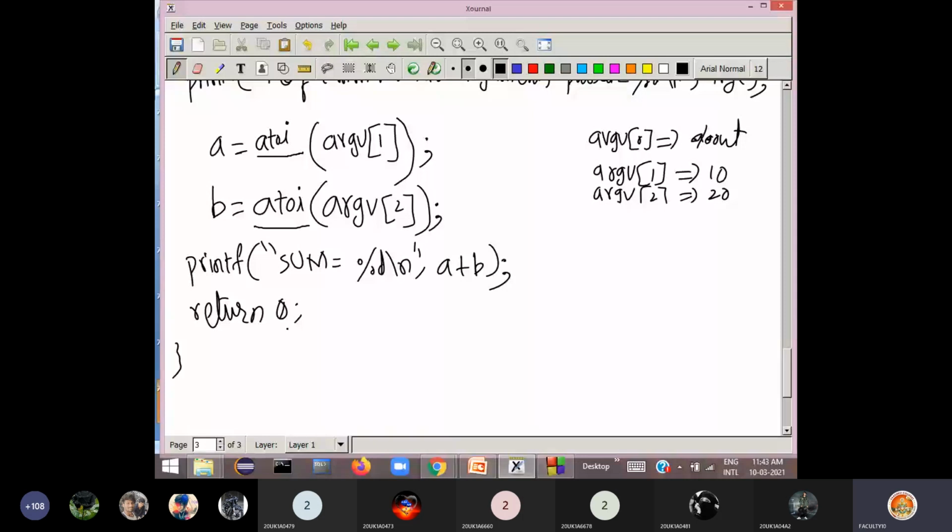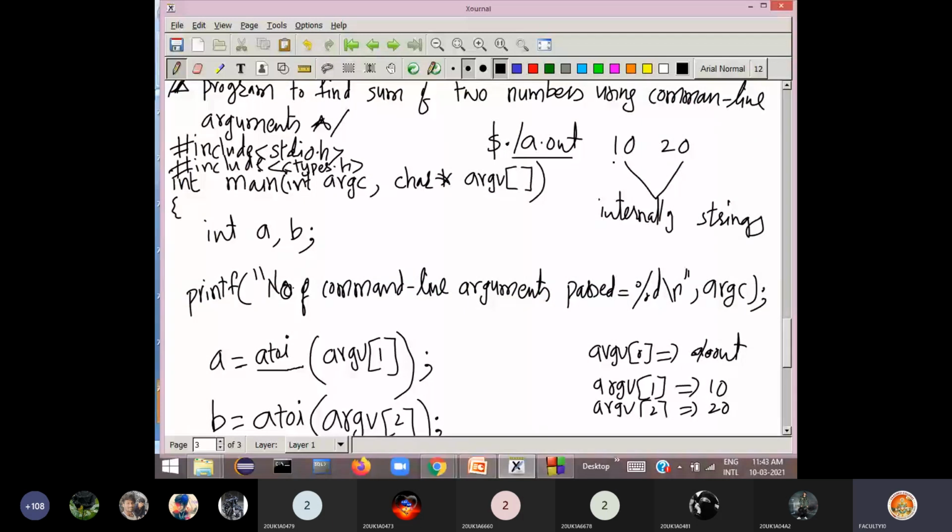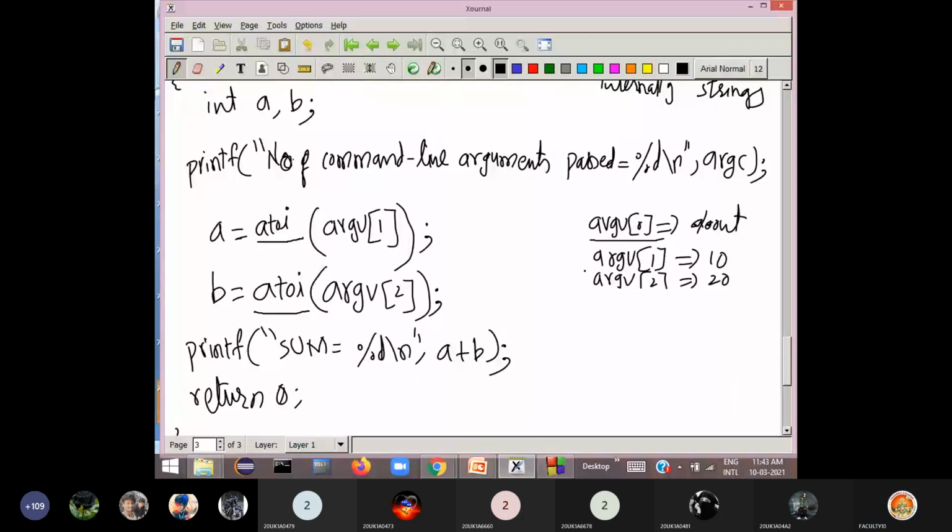Clear? So you should understand where command line arguments are stored when you pass them. a.out is stored in argv of 0, 10 will be stored in argv of 1, and 20 will be stored in argv of 2.